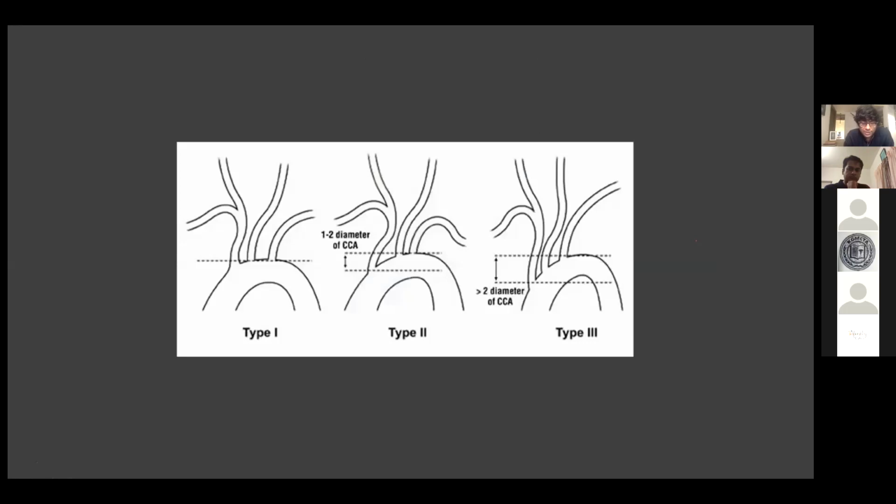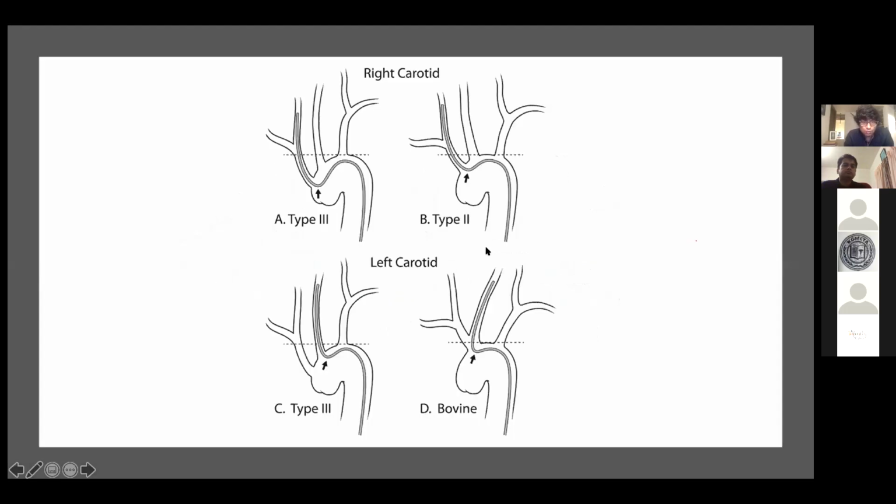And as Vineet had pointed out, usually type 1 arches don't give you trouble, but type 2 and type 3 arches do. And you also have to remember that someone at the age of 40 might have a type 1 arch, but as this person gets older, the arch will sag and end up as type 2 or type 3. And these, as you can notice, will be difficult to cannulate.